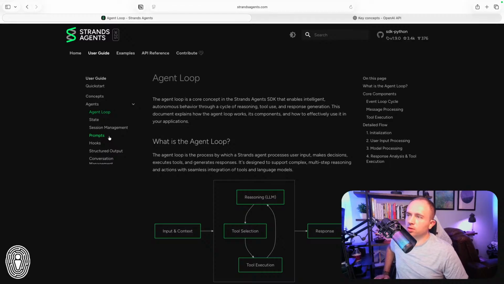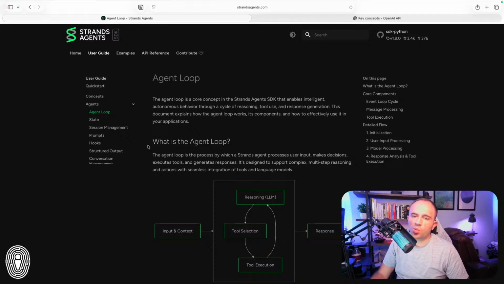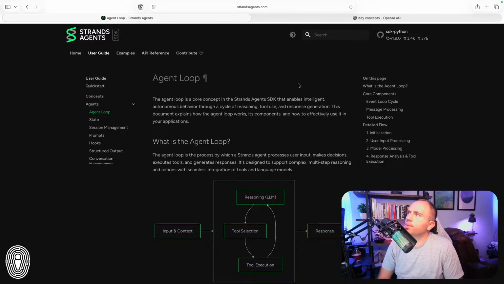Very straightforward to understand. And this is also the framework that, so I'm not sure if this came from AWS, Amazon Web Services, or if it was, I don't know. Basically, what I'm trying to say is this is the framework that AWS is recommending. I don't know if it came from AWS or they just have some sort of partnership. Because in my day job, I work a lot on AWS, naturally, I would want to be using the framework that AWS recommends the most.